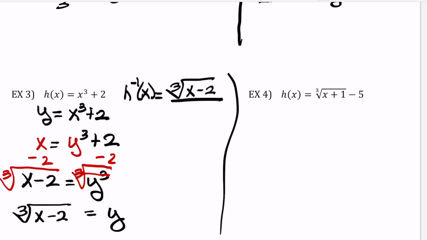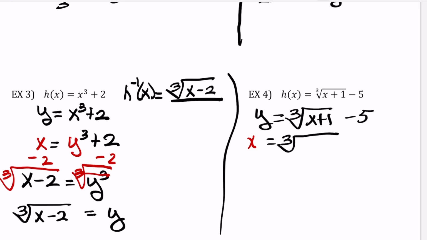So let's look at example 4. Example 4 has a third root in it. And remember, roots and powers are inverses of each other. So let's try this one. First, we're going to let h of x be y. So we'll have y equals the third root of x plus 1 minus 5. Then we're going to switch our x and y. So we'll have x equals the third root of y plus 1